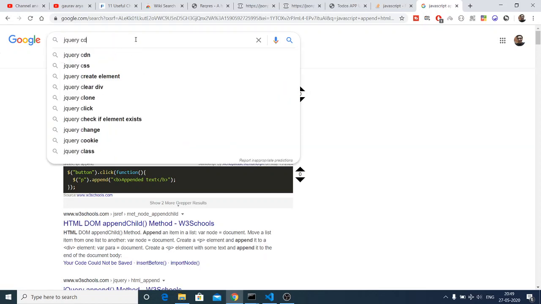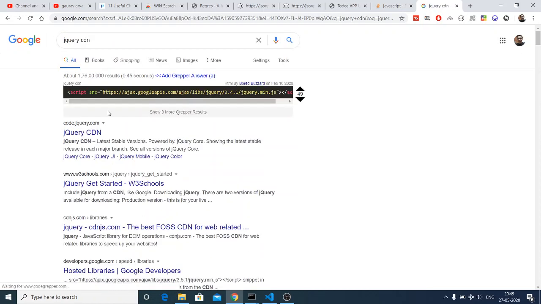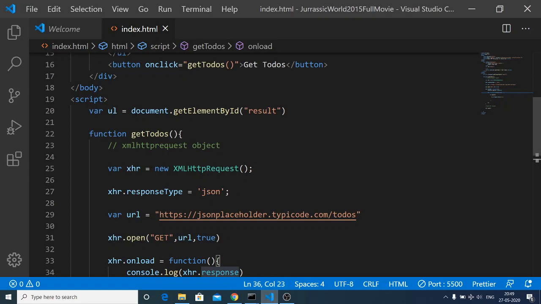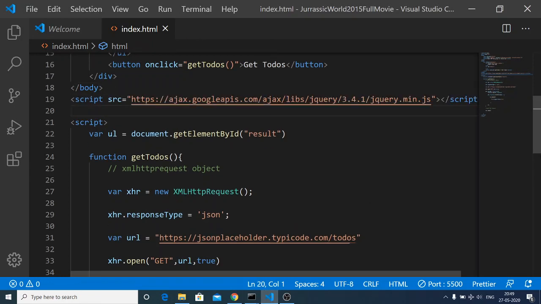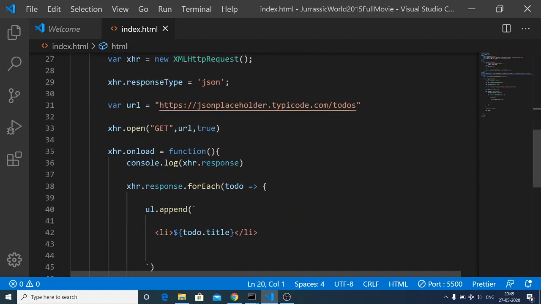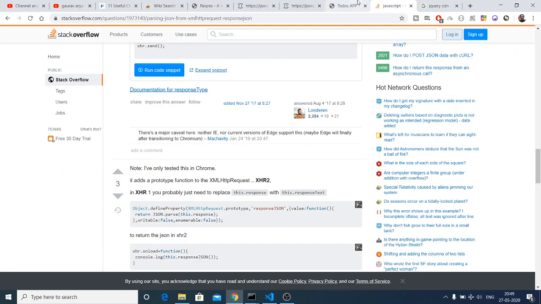So here you just write jQuery and you can just copy the CDN like this, copy it, and just after the body paste the CDN. Now we can use the simple method which is ul.append, and now your problem will be solved.